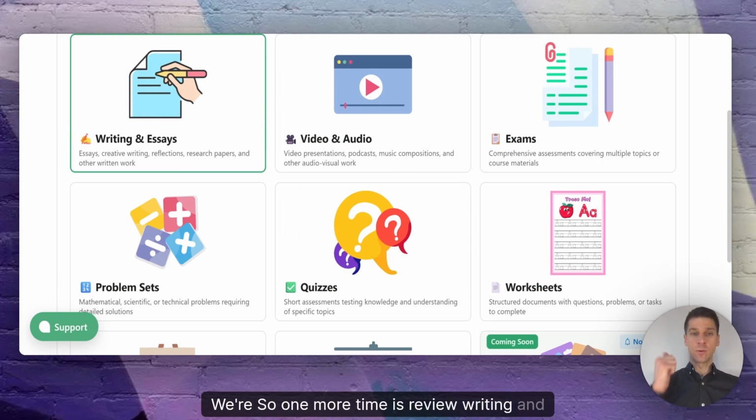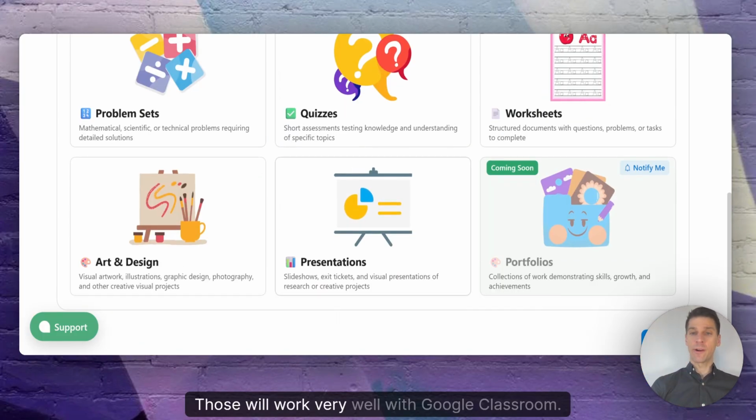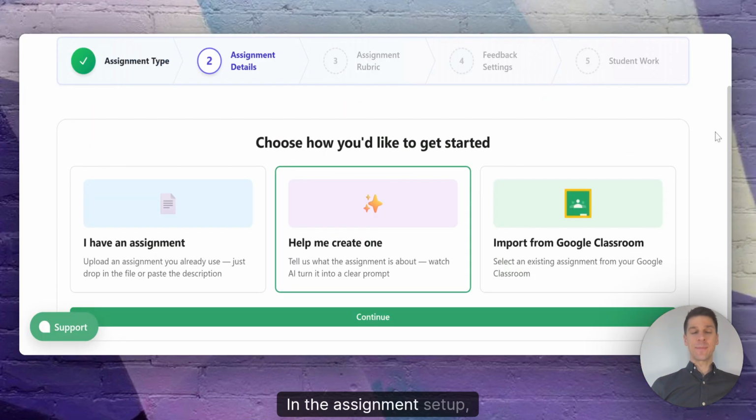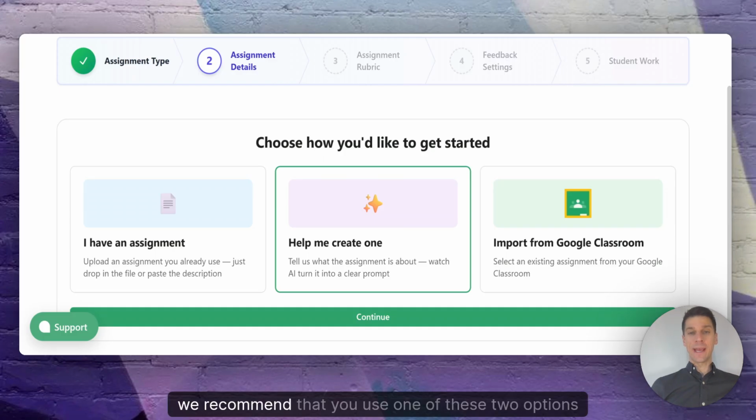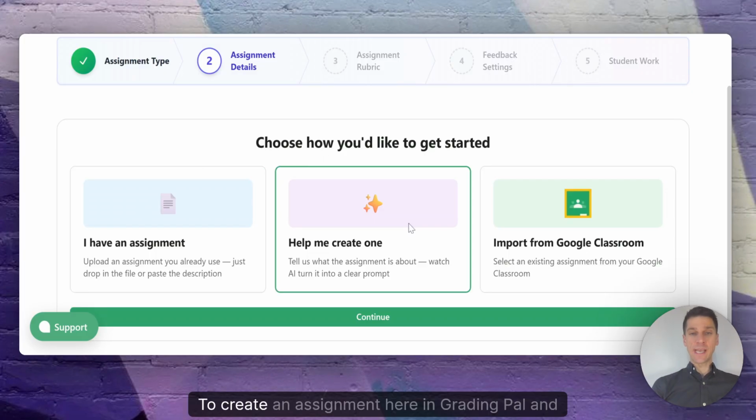So one more time as review. Writing and essays, video and audio, art and design and presentations, those will work very well with Google Classroom. In the assignment setup, we recommend that you use one of these two options off to the left. Either I have an assignment or help me create one, to create an assignment here in GradingPal and push it